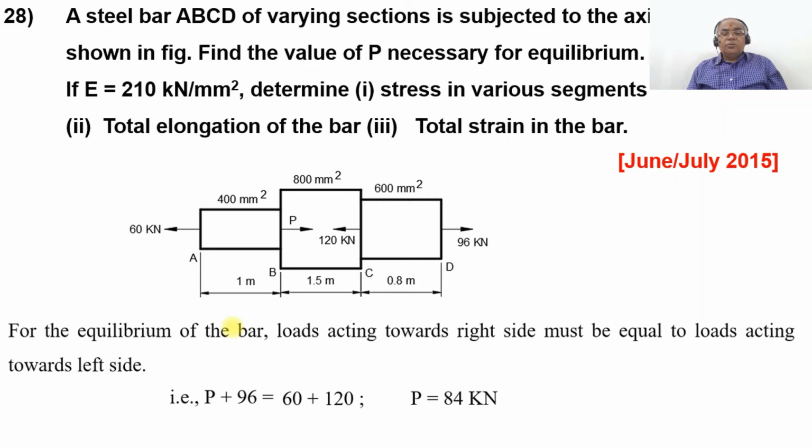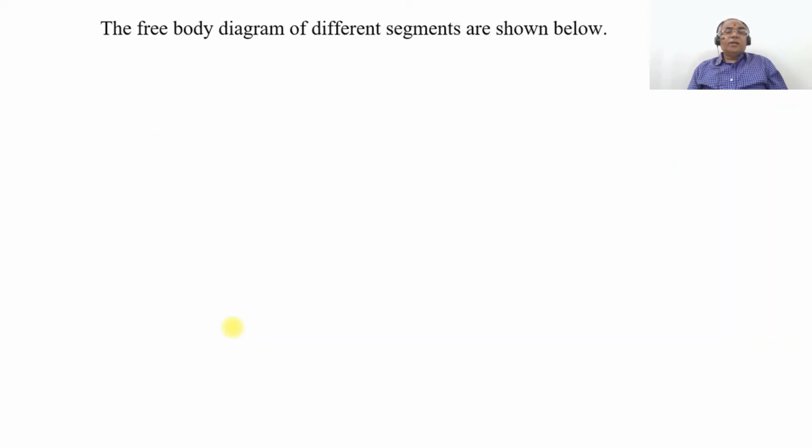So once you get that, now we are going to apply the free body diagram. How to do that? First, as the sign convention says, we are considering a bar. On the left side, the load acting toward the left side is positive, which is tensile, and the load acting toward the right side is negative, which is compressive. Similarly, for the right hand section, in the first section we have only one force acting toward the left side and all other 3 forces acting toward the right side. So on the right hand side, the load acting toward the right side is positive and the load acting toward the left side is negative according to that convention.